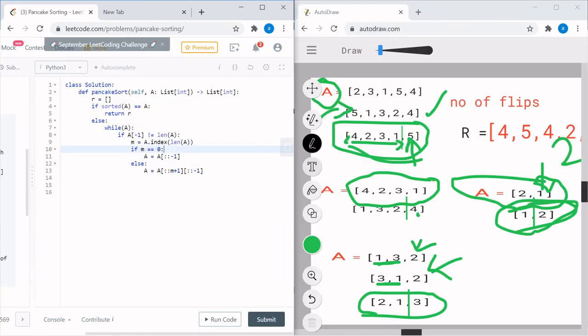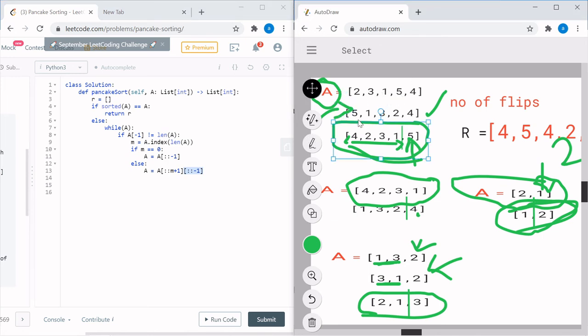Basically, when I know for a fact that, for instance, let's just say for 5 we are considering, I know that for 5 my index is, suppose, 0, 1, 2, 3. The index is 3. I'm only supposed to flip from 0 to 3. Now we know that if I only write m, it will only do from 0 to 2. It won't include m. I need my m to be included, so I did m plus 1. I selected only that portion and then I flipped it around, which is what we see over here. I only have 2, 3, 1, 5, and the flipped version is 5, 1, 3, 2.